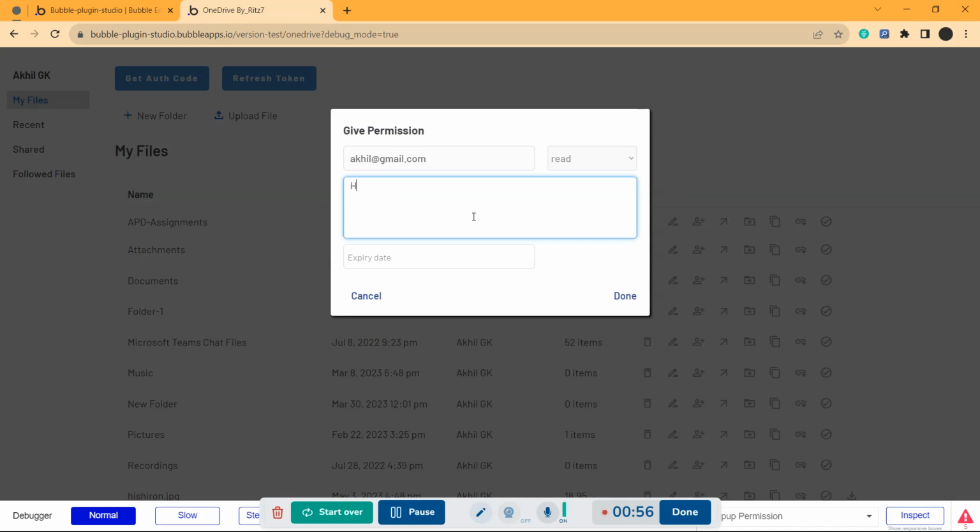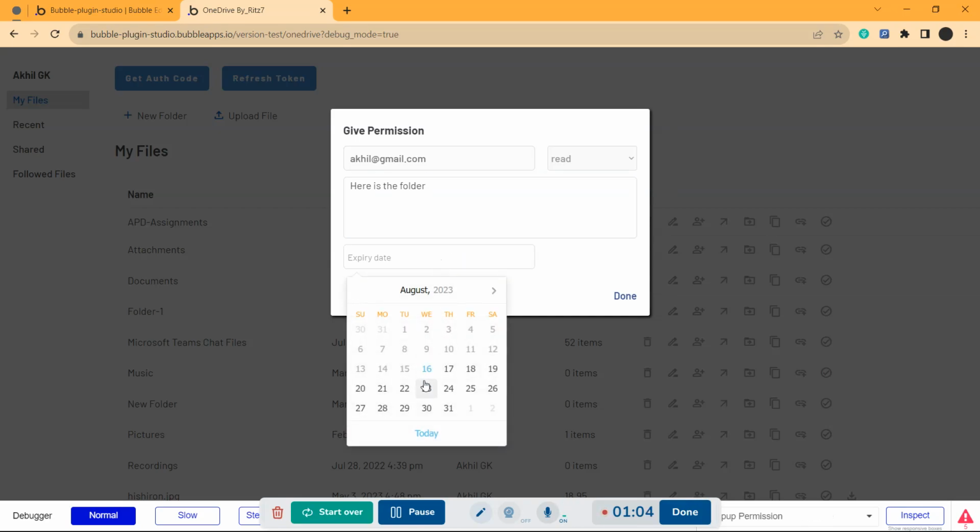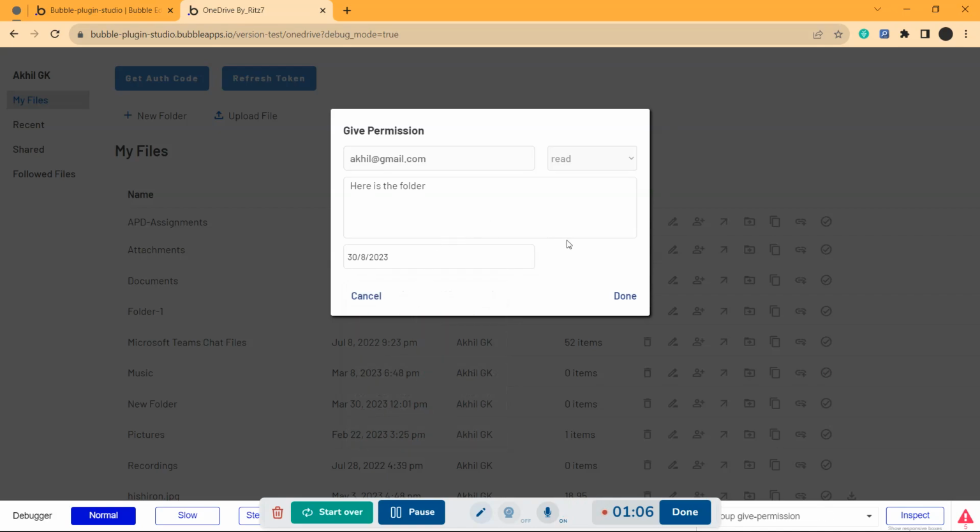Then this is the message. So I'll give, "Here is the folder," and then the date of expiration I'll give as 30th August. And now if I click on done,